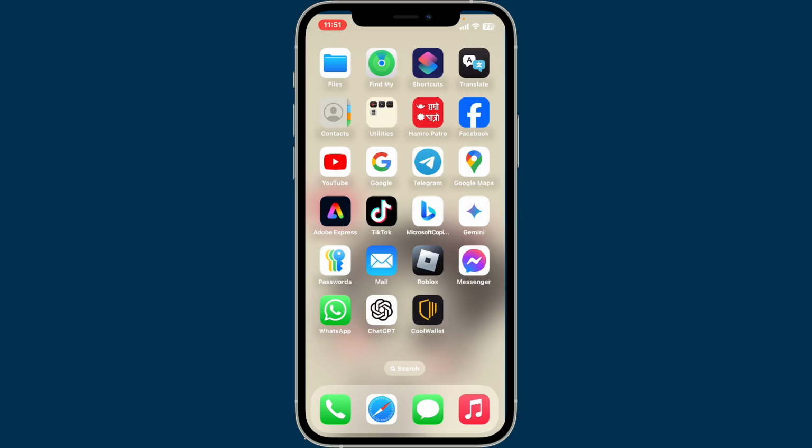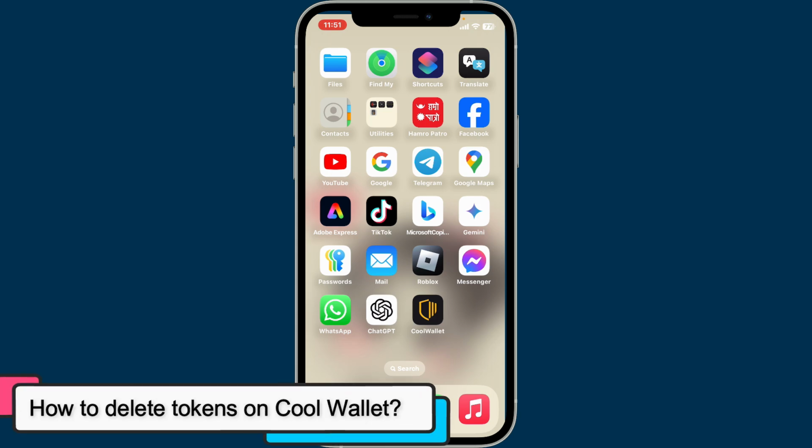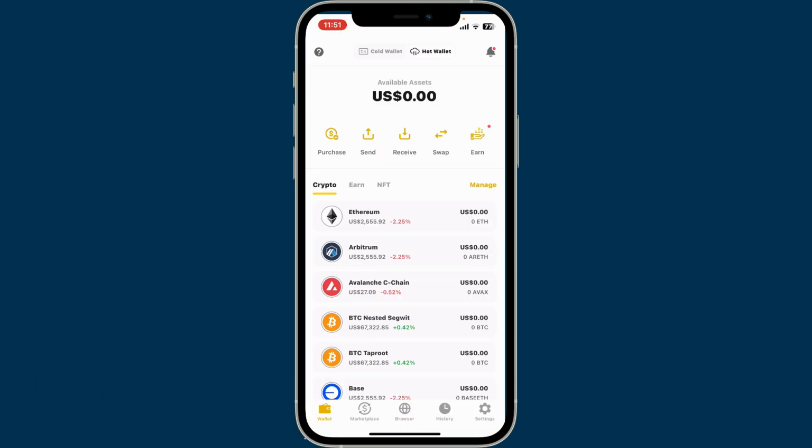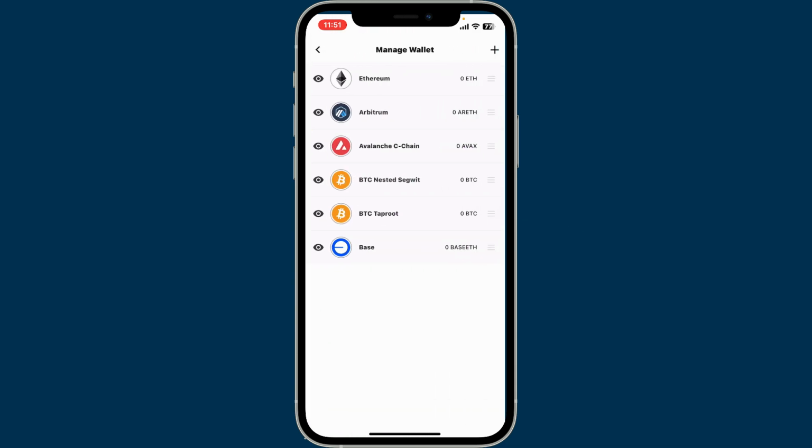In today's video, we will be learning how to delete tokens on CoolWallet. To delete tokens on CoolWallet, open up the CoolWallet application from your app drawer. Once you're inside the home page, go ahead and tap on the Manage button right next to Crypto, Earn and